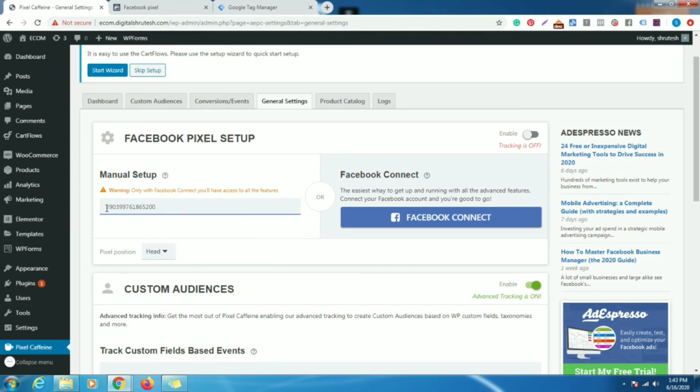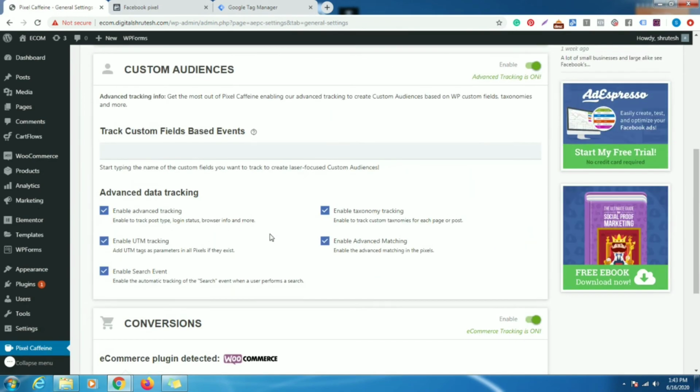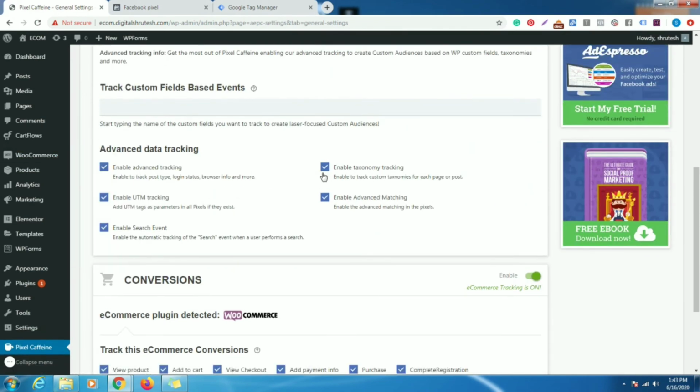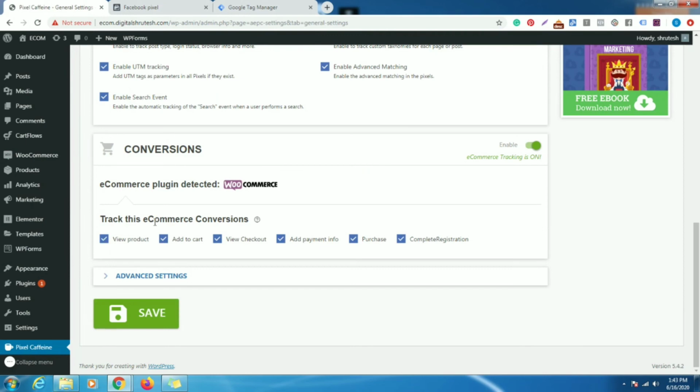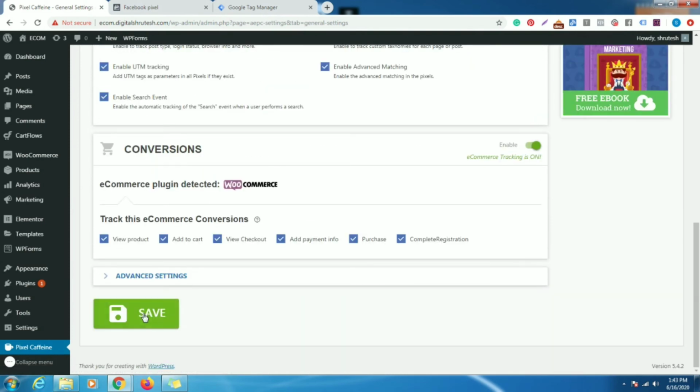Position A. And then click here on all, and track the e-commerce conversions: view cart, add to cart, view checkout, add payment info, purchase, complete registration. We will not change anything in the advanced settings. So save it.